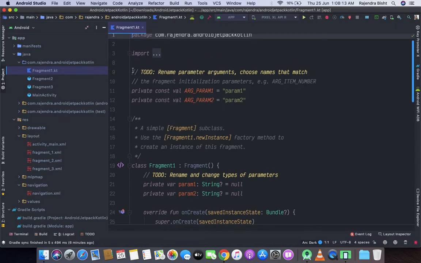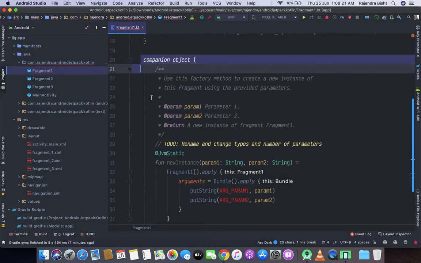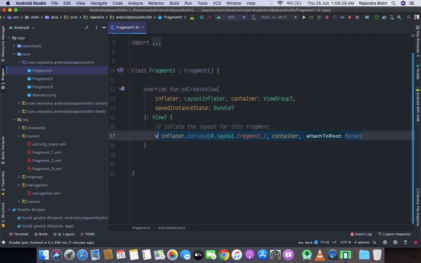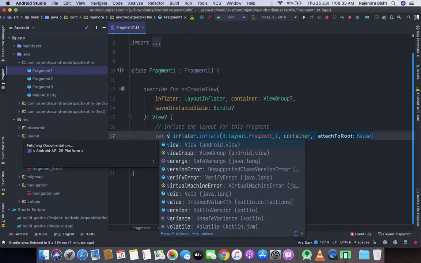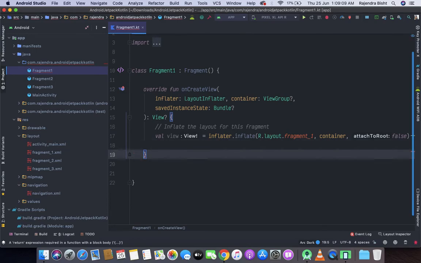So here val, and now here we will return the view.